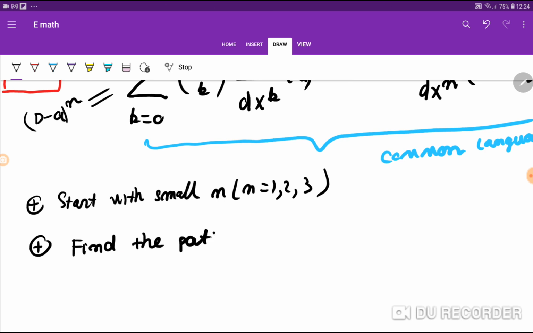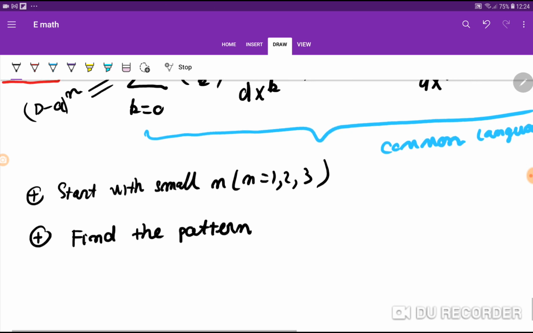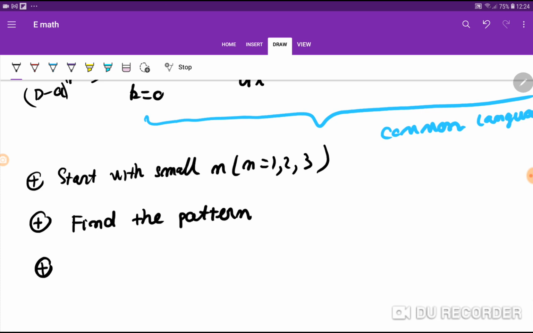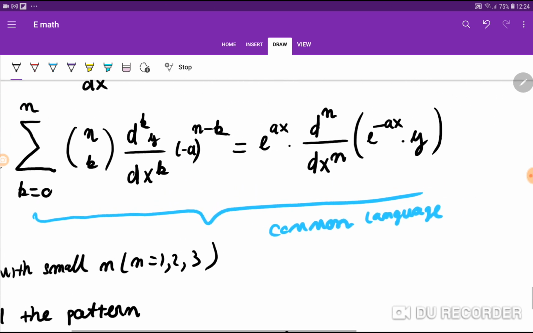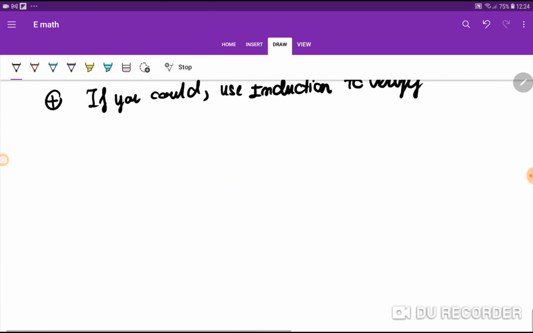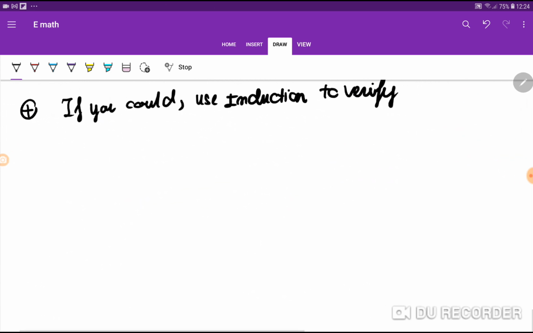Is there any pattern you can find? And if you could, use induction to verify. Okay, now let's explore this. For n equal 1,